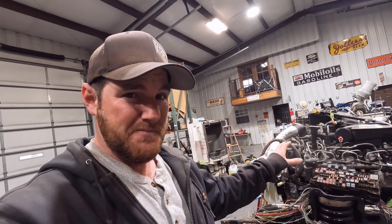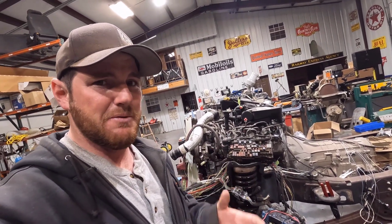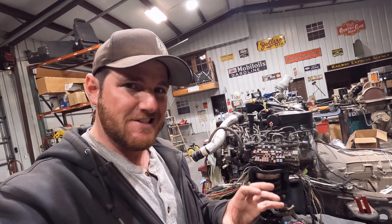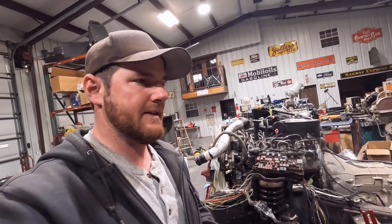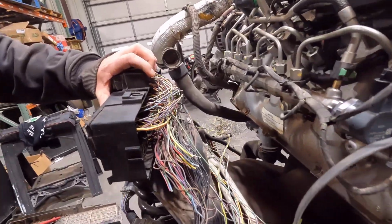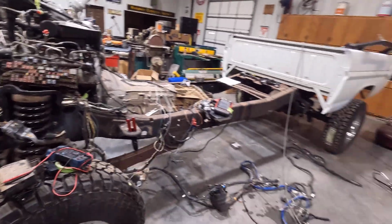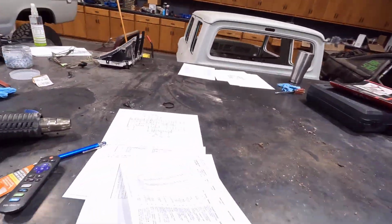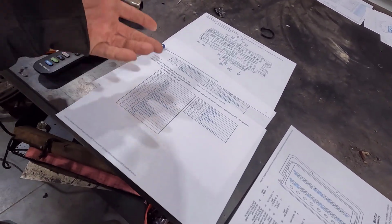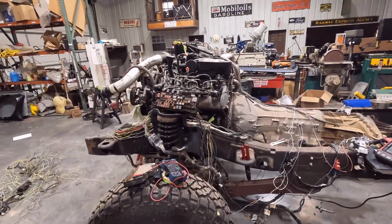It's going to be a pain to figure all that out and get it all wired in, but I feel like once I replace it with that aftermarket one, it's going to turn out a lot better. It's going to be a lot cleaner and a lot simpler to work on and figure out, instead of having this big mess. If you can see how messy it is back here, that's going to be the big pain. But I have all the schematics here, so it's just going through it all, finding the circuits, labeling them and putting them together. So just time consuming,